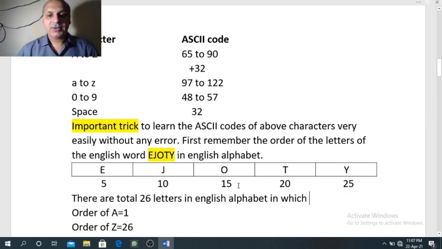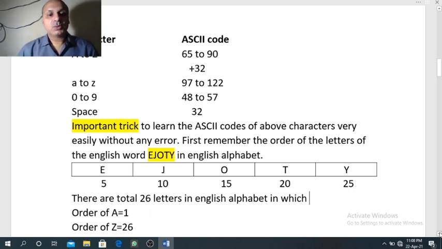O has order 15. T has order 20. And Y has order 25. So if you forget this word EJOT, then you can remember the order of letters in multiples of 5, that is 5, 10, 15, 20 and 25. Then you will come to know about this word EJOT.